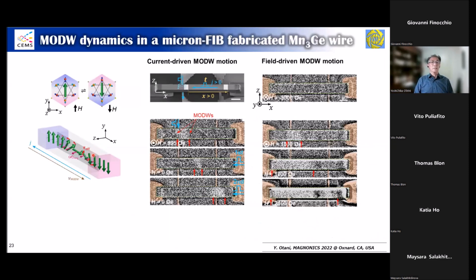In order to clarify this, we made this kind of sample from single crystal manganese-3 germanium, the slab, and manganese-3 tin as well. This kind of rod, and you just send a pulse. There is an electrode here, not connected to this material, and we can send a pulse so that the Oersted field is created, and we can nucleate a domain wall here, and also at the same time here. Okay, so that's what we do. And then there is a horizontal current, secondly, which pushes the domain wall and it moves.